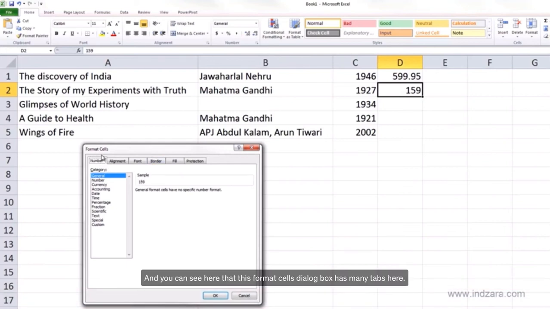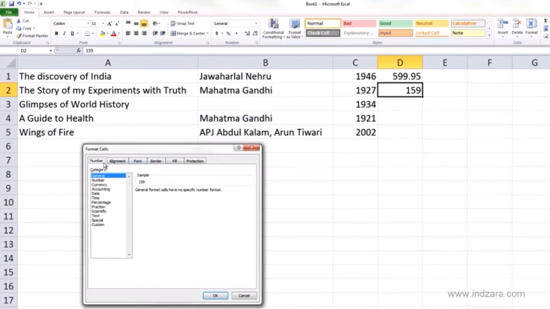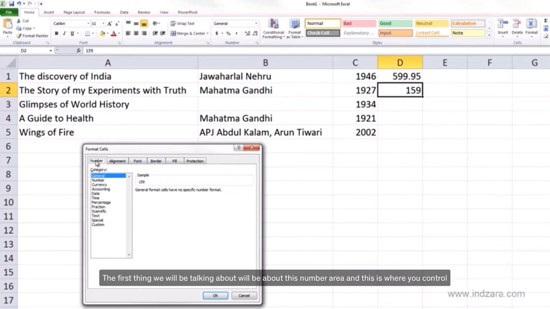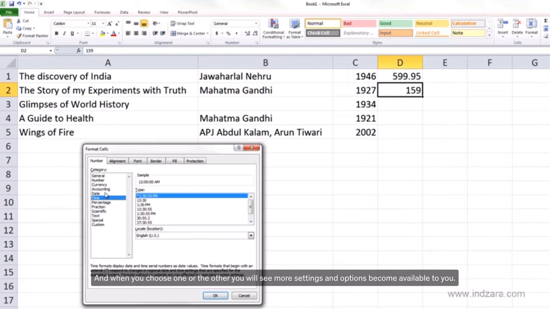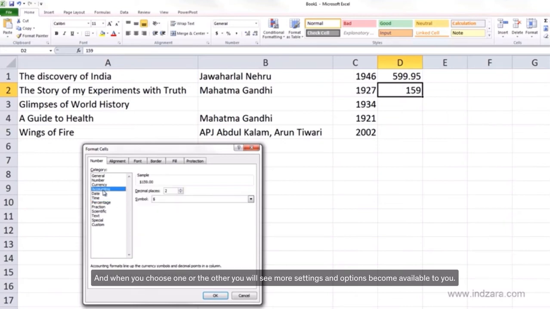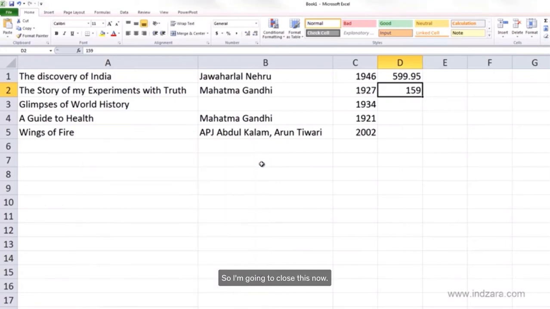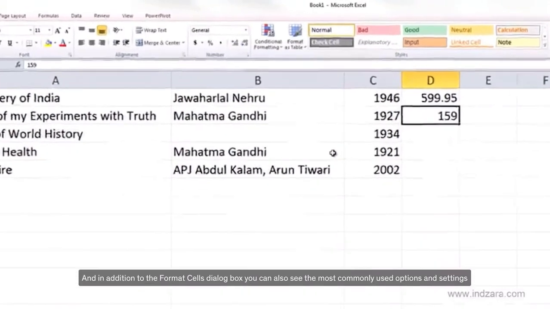And you can see here that this format cells dialog box has many tabs. The first thing we will be talking about would be this number area, and this is where you control the number format of the cells. And here you can see all the options, and when you choose one or the other, you will see more settings and options become available to you, so you have total control over how the information is displayed and formatted in your worksheet. So I'm going to close this now,